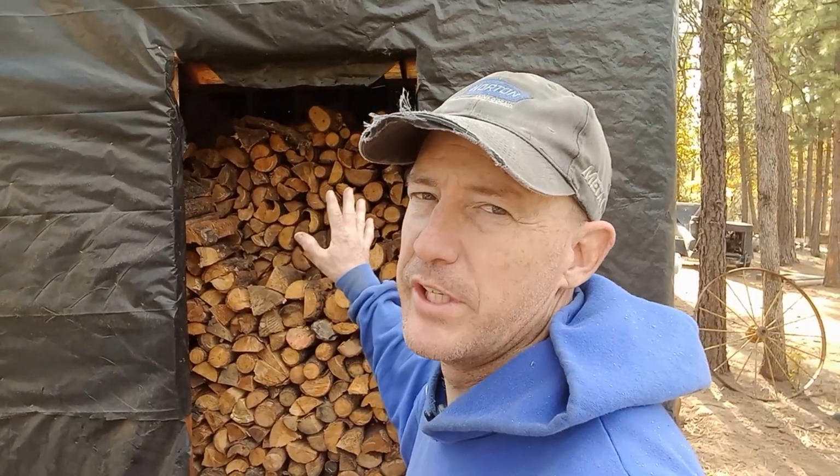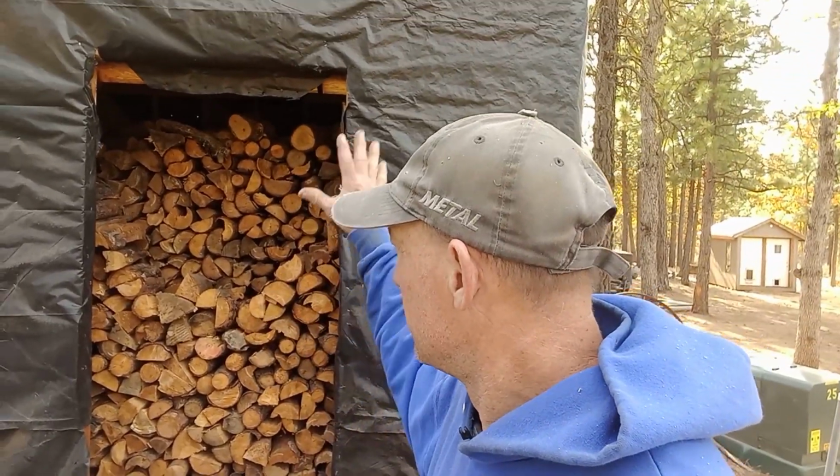One of the smaller homestead chores, filling the woodshed. 5.5 cords of wood stacked in that woodshed, ready for winter. That's going to cover the house. On a side note,